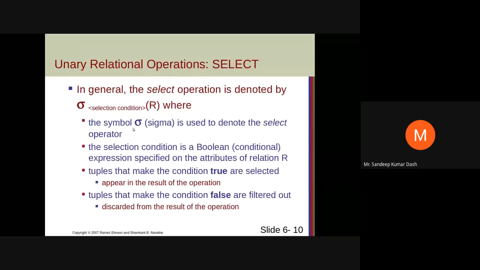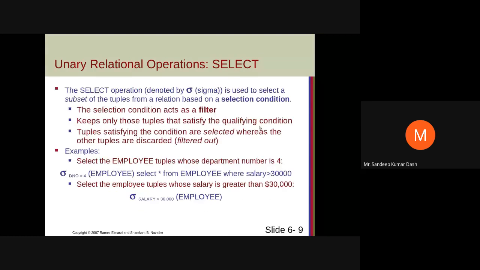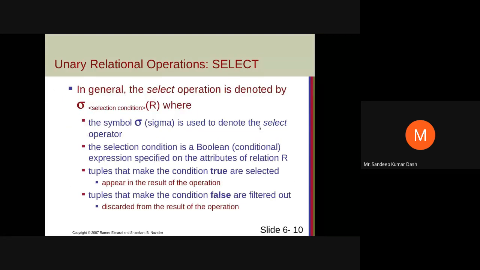Okay. So this mentions the same thing. Sigma mentions the select operator. Selection condition is a Boolean expression specified on the attributes of relation R. Tuples that make the condition true are selected. So, suppose in your relation you have 30 rows. Out of those rows, salary greater than 30,000 is only for 6 or 7 employees.